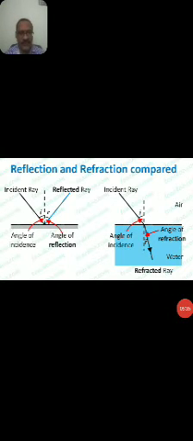Light also has the properties of reflection and refraction. If you observe the diagram, there is an incident light ray and a reflected light ray. In the left diagram, a vertical dotted line is called the normal, which is exactly perpendicular to the horizontal surface. The incident light is the continuous black line, and the angle between the incident light ray and the normal, the black dotted line, is called the angle of incidence.